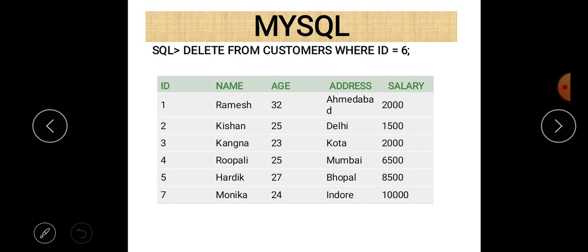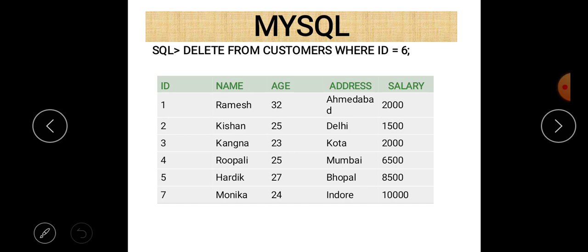Now you can see that there is a table, and let us suppose that the table name is customer. In this case we can see the different column names: id, name, age, address, salary. And if you want to delete the record of the customer whose id is equal to 6, for that purpose we just write delete from customer where id is equal to 6.